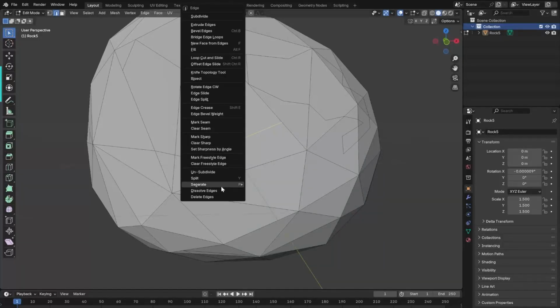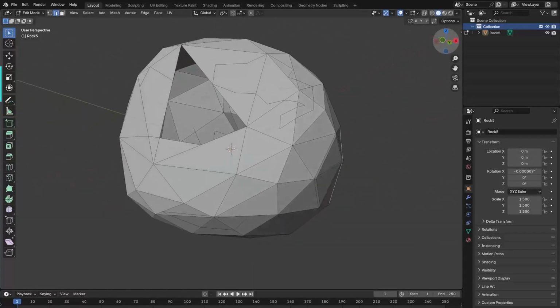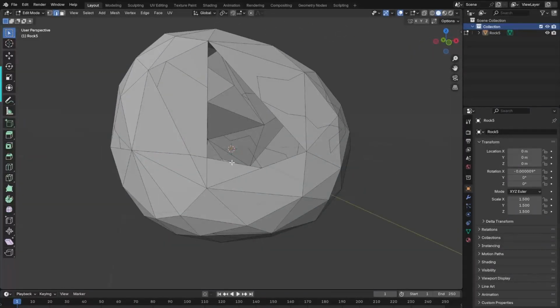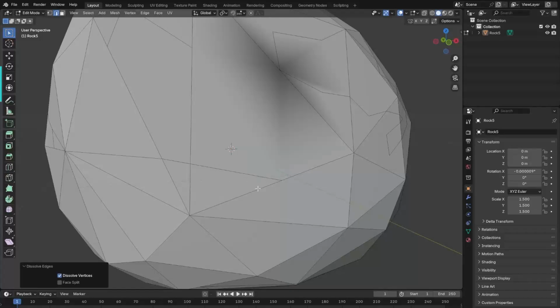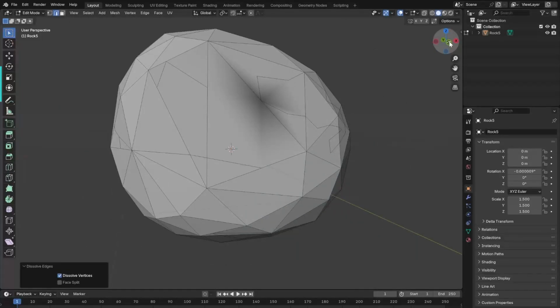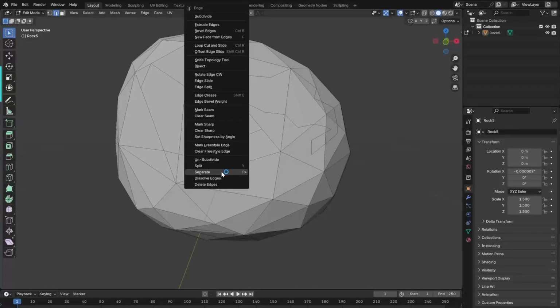What we don't really want to do is delete edges, because that deletes the entire face, and then you have to go through bridging, connecting faces together, and that can create its own separate problems. So we're just going to go with dissolving edges, which sometimes can create more problems, as you can see. So we need to be careful with which ones we delete to see what we can salvage from our models,